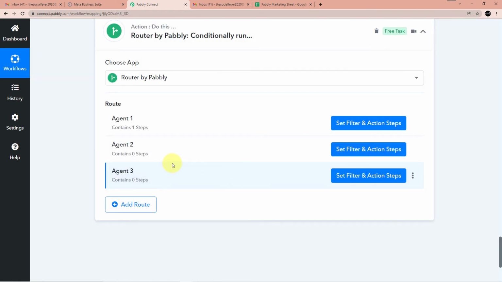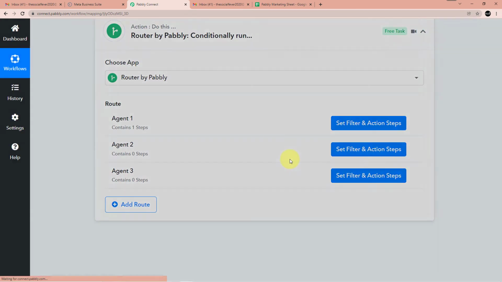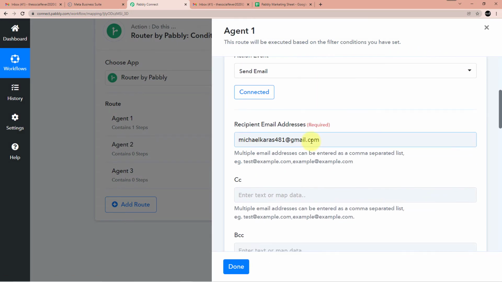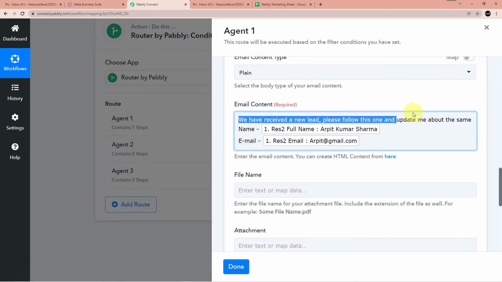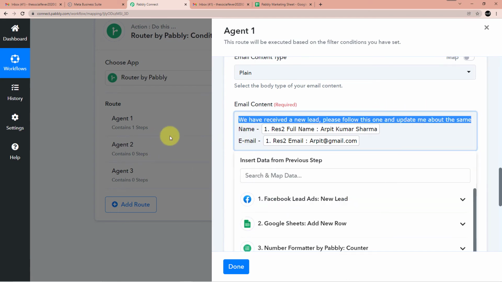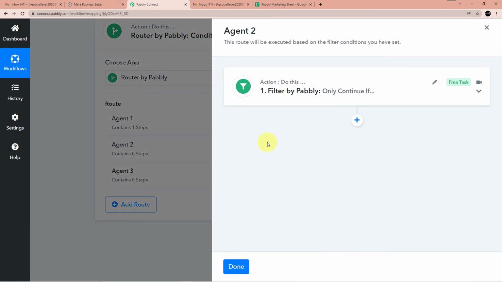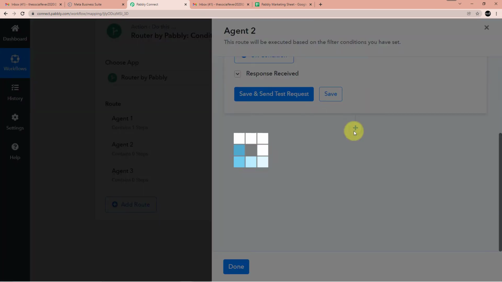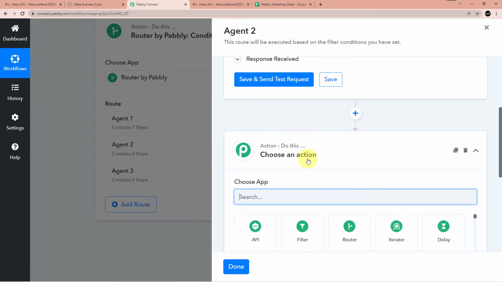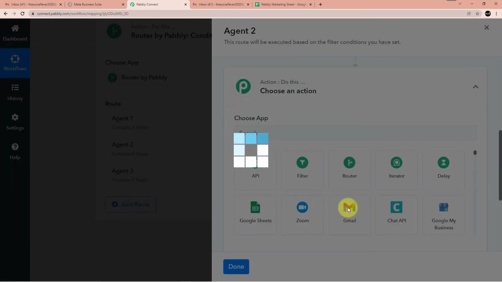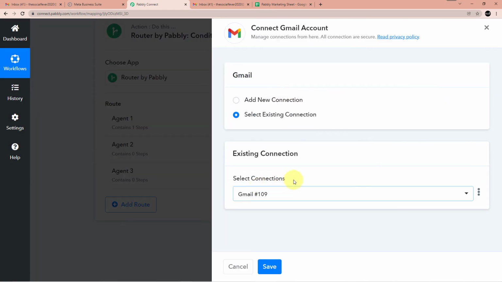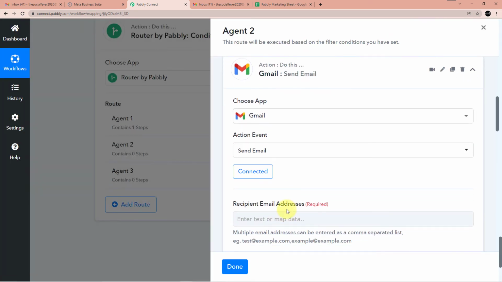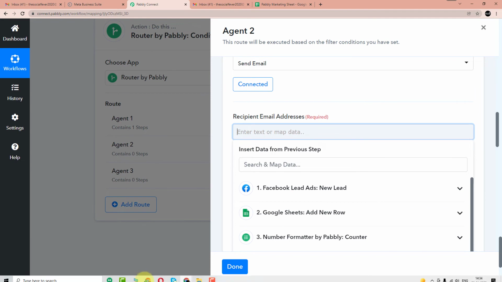Before going here, let me first copy these, otherwise I will forget. New lead, we have received a new lead and update about the same, Control plus C. Okay, so we'll go here. It is automatically set. Now we'll again add our Gmail right here. Send email, connect, the same Gmail which we have been using, save. Recipient address. Now I'll put in the other address, which is